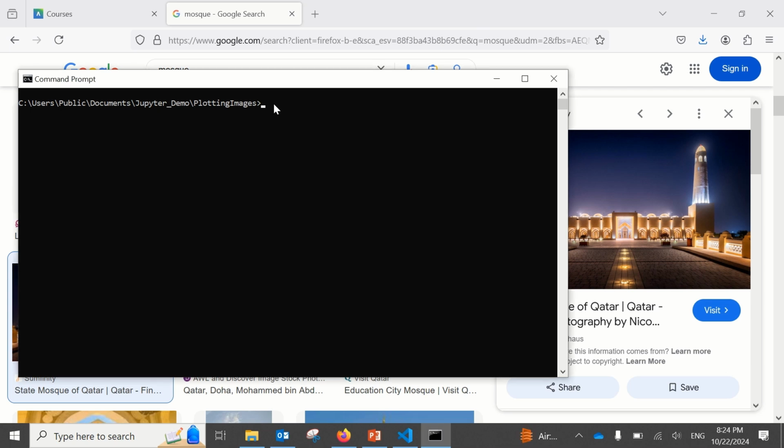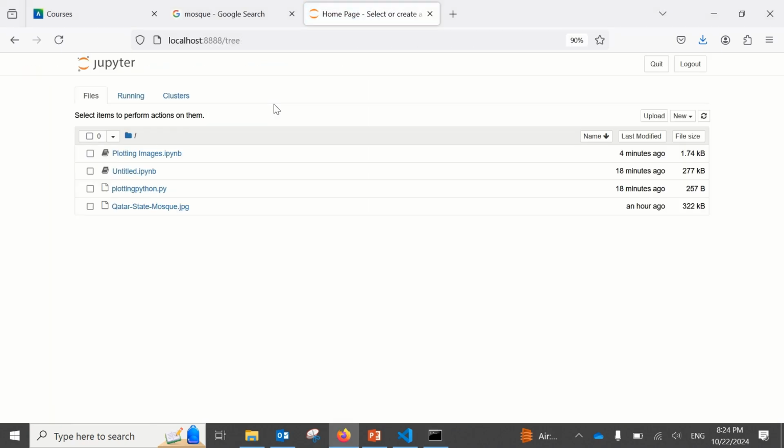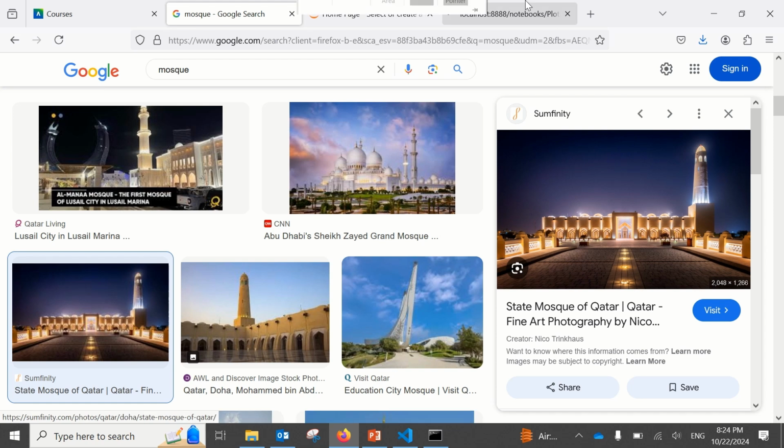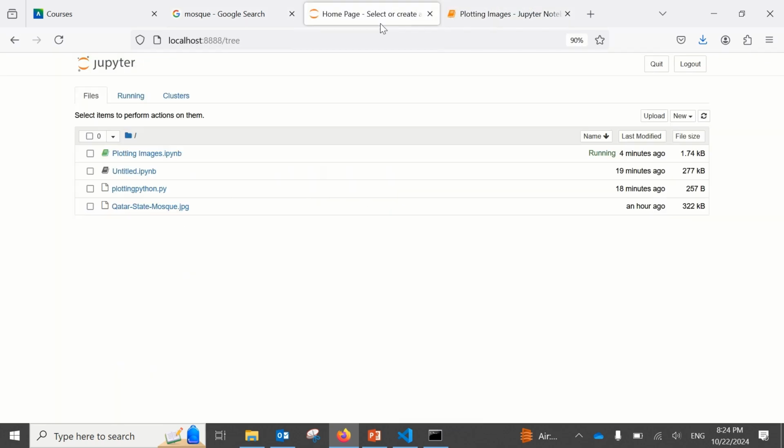So I'm going to quickly just run it. I already prepared an empty notebook, plotting images. I also downloaded a picture, an image, and I put it in the same folder. So if you look here, I have the image and my file that I'm going to use to read the